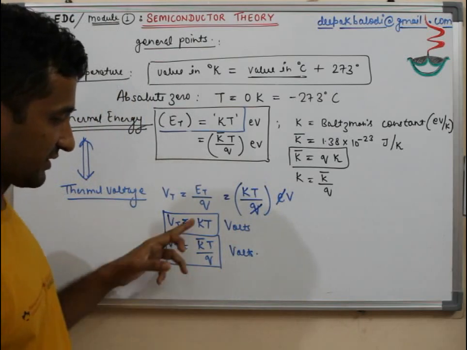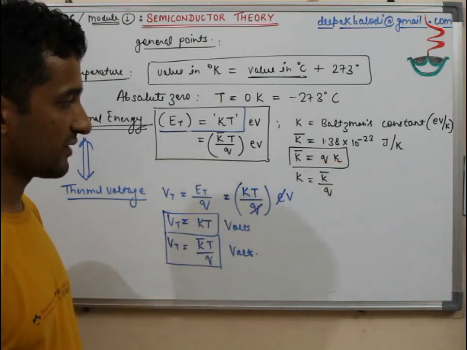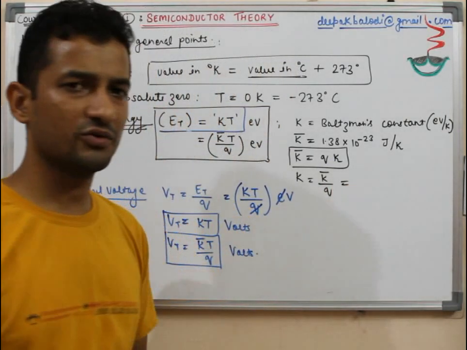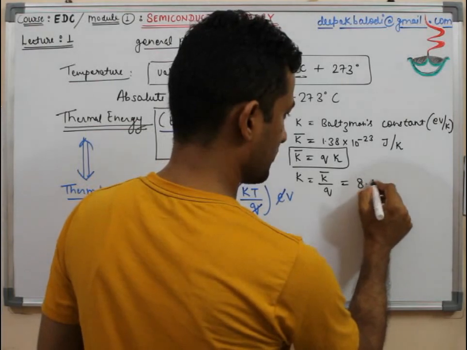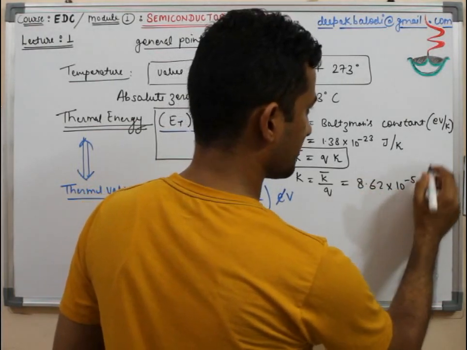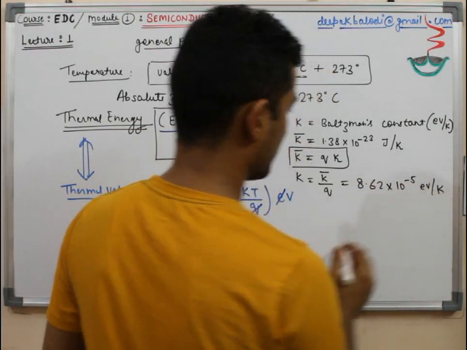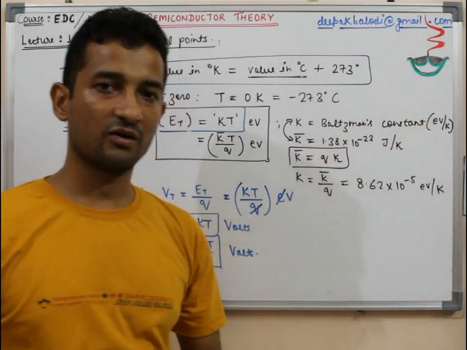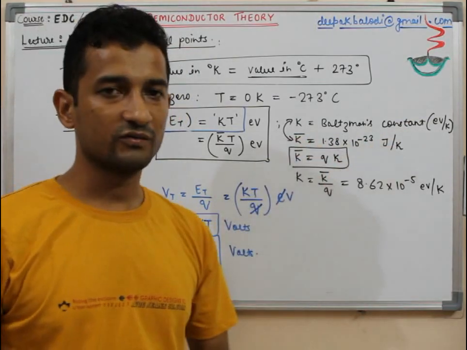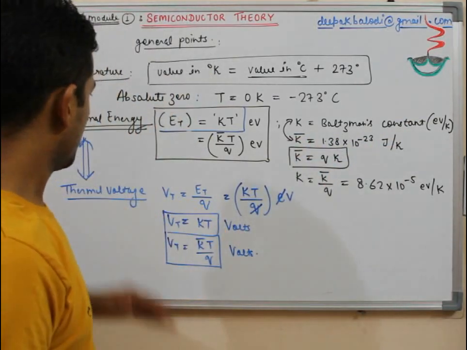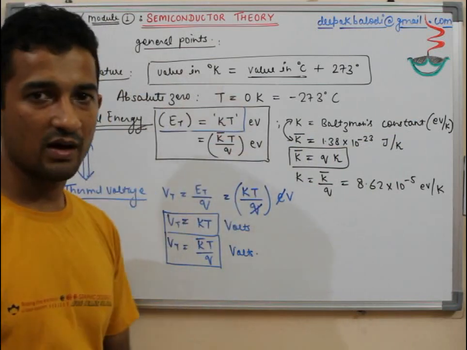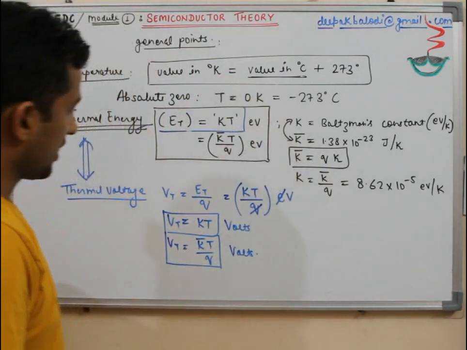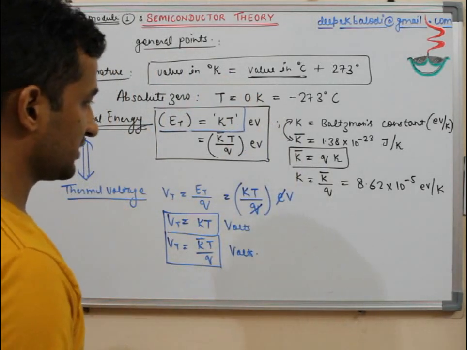So both the k's are different. This value of k, if one wants to remember it, is 8.62 into 10 to the power minus 5 electron volts per Kelvin. So both are Boltzmann constant, but one is with the units of electron volts per Kelvin and one is with the units of joules per Kelvin. So these things will be very frequently coming into the circuit calculations, into a lot of things in the semiconductor theory. And very specifically, if we find these two things